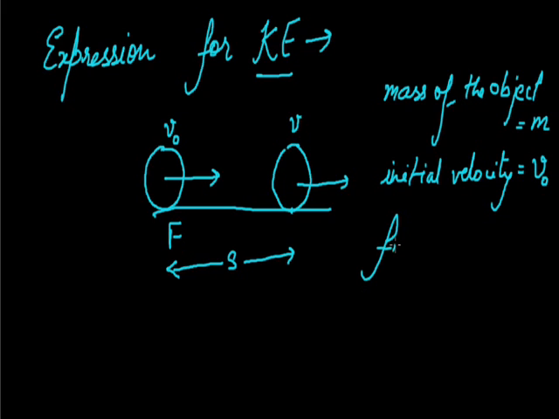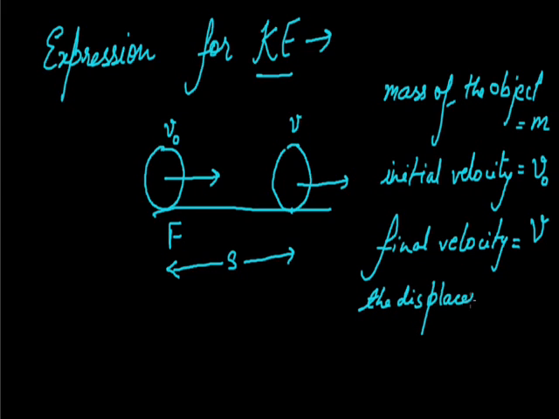Its final velocity, which is acquired by applying the force which makes it displace by distance s, and the final velocity is acquired which is small v. Now, as we know that the displacement under the force is equal to s,